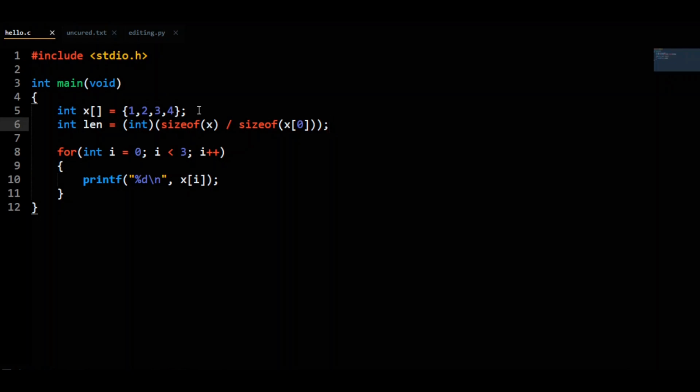I won't go any deeper on that. The sizeof x basically tells you the size of x integers in the array x. The sizeof x sub 0 tells you the size of one integer. It wouldn't matter which integer you take the size of. People normally just do 0 because it's the easiest one to do. Essentially, the division is canceling out the integer's unit. The size of x integers divided by the size of one integer just leaves you with the number x, which is the length we were after to begin with. Finally, we can change the loop condition to continue looping while i is less than len. This means the array can now be of any length, and this code will still work.